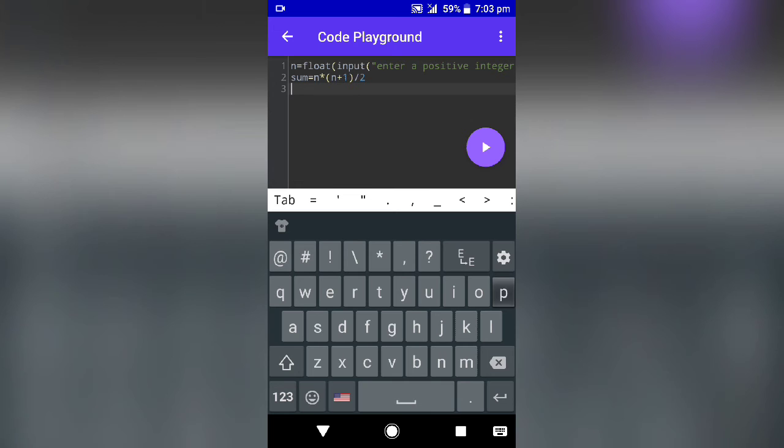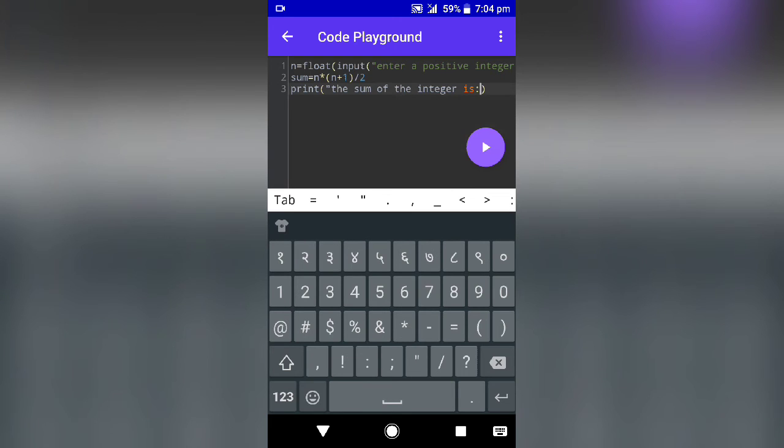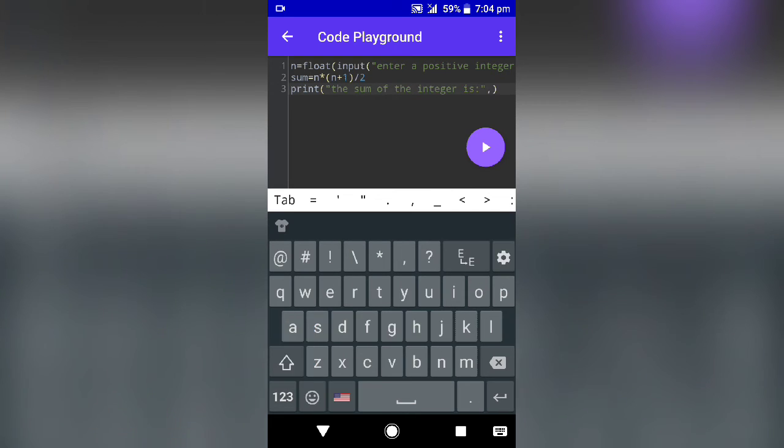After that you simply print the sum of the integer is, and we just print it here.